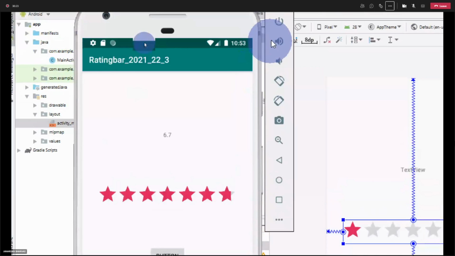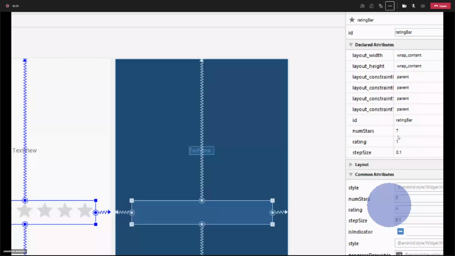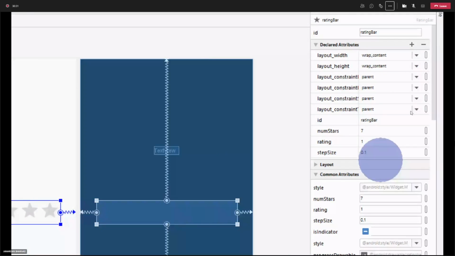So what you can do for the same, I just told you that you can change the step size here. I have set it in the previous example to 1. You can change it to 0.1 or 0.5. Okay, if you want in like 0.2, 0.4 like that, then you can go for 0.2. If you want in a multiple of 0.3, then you can go for 0.3 as well.